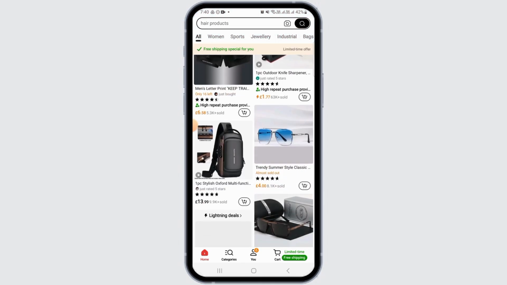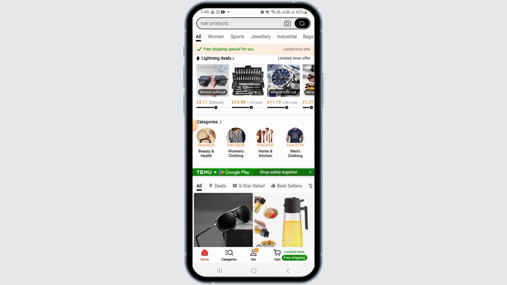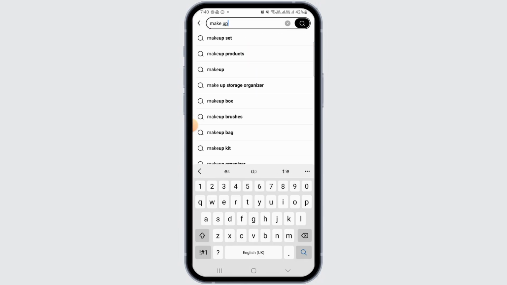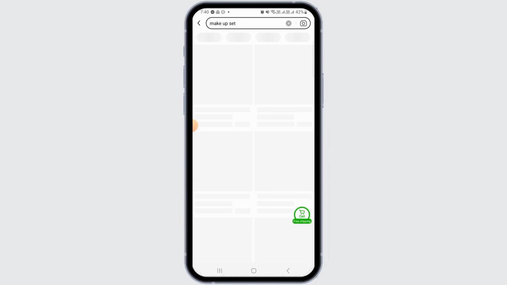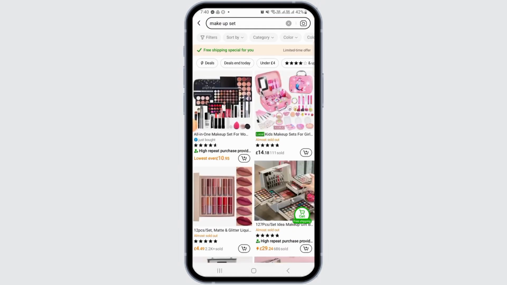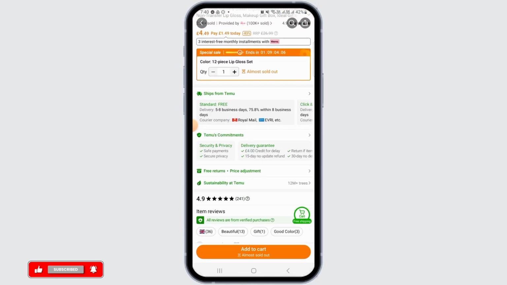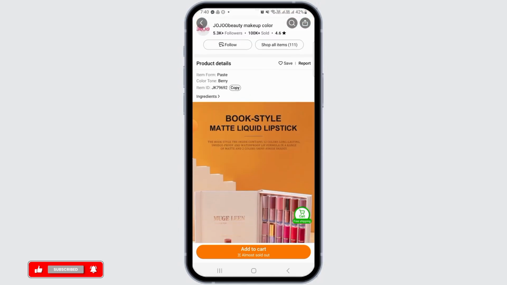Now, you want to find the items that you want to add as favorites. You can also tap on the search bar here and then type in the keywords. Now, a variety of results will be displayed. You can tap open whichever item it is. Then, if you want to add this item as your favorite, which means you don't want to buy it now, but you want to buy it in the future, you want to scroll down and get to the product details